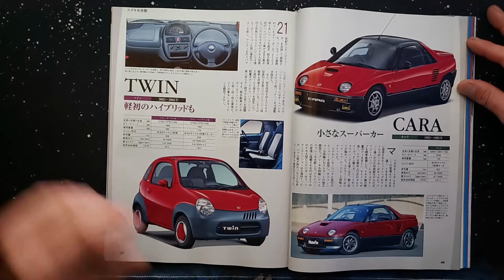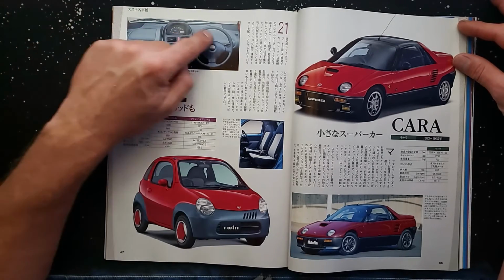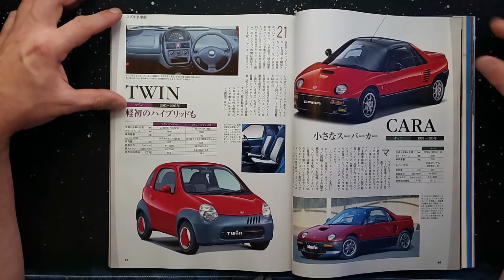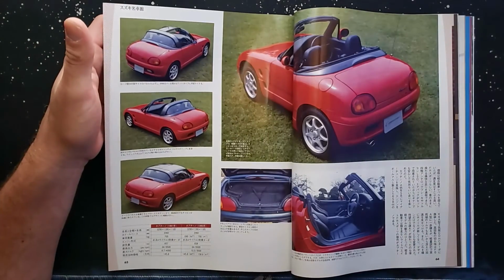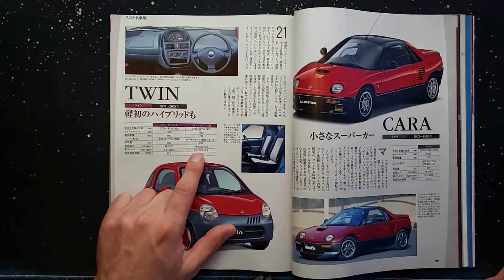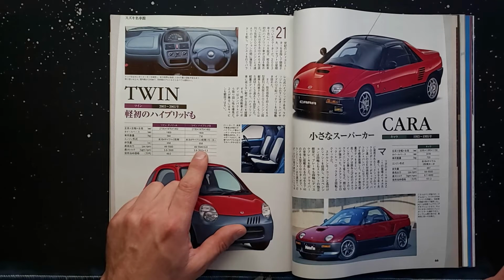Okay, that's that. Suzuki Twin, got a soft spot for him. Not a huge fan of the dash, but it gets the job done in the smallest amount of space possible, doesn't it? And you've got all this space here for, well, I don't know what. Activities. Playing cards or something. Very, very small. Would like to see that engine in there. But I don't think I've ever seen it. Is it a K6A? Twin. Hybrid B. It doesn't have all the details of whether they're turbo or not in them, so...